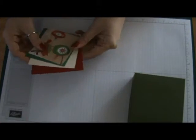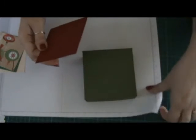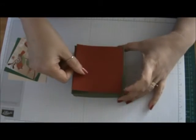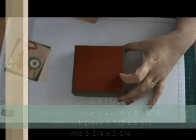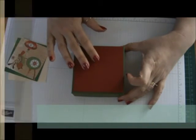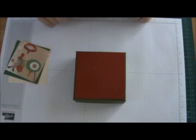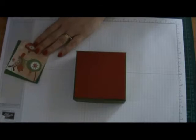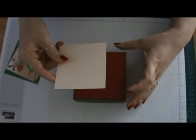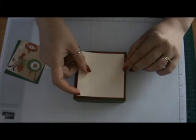some DSP and some cardstock. One piece, the top piece, is going to measure 3 15/16 square. So it's 3 15/16 by 3 15/16. Okay, so it's going to sit on there like that. Then you're going to have another piece that measures 3 11/16 by 3 11/16, and that's going to give you